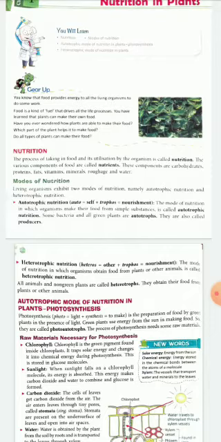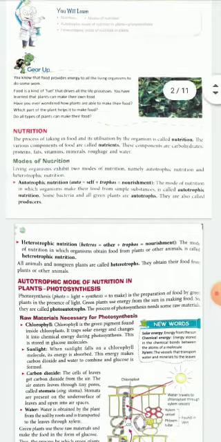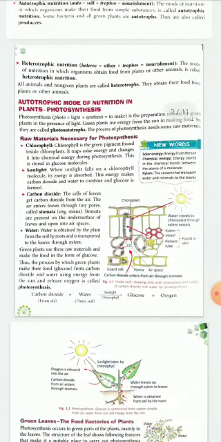Now coming to the autotrophic mode of nutrition in plants. Photosynthesis, as we know, is the basic process by which the plants obtain their food. Plants are able to produce their own food through the process called photosynthesis. So this photosynthesis takes place in chloroplast. Food production primarily is carried out in leaves. Water and minerals from soil are absorbed by the root and transported to the leaves through vessels called xylem. Carbon dioxide reaches leaves through stomata, which are small pores on leaves surrounded by guard cells.